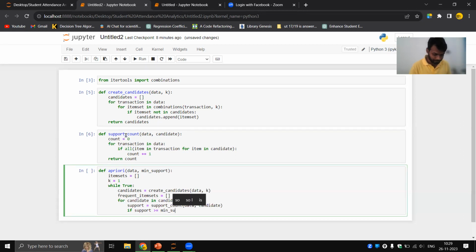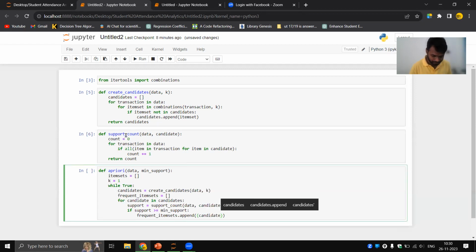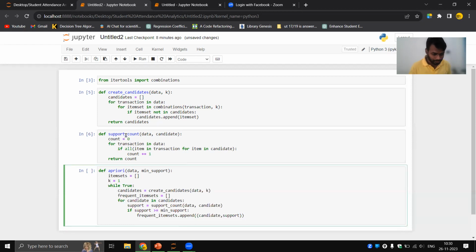That threshold part. If it is greater than or equal to min support, then frequent item sets dot append candidate, comma, support. Clear?